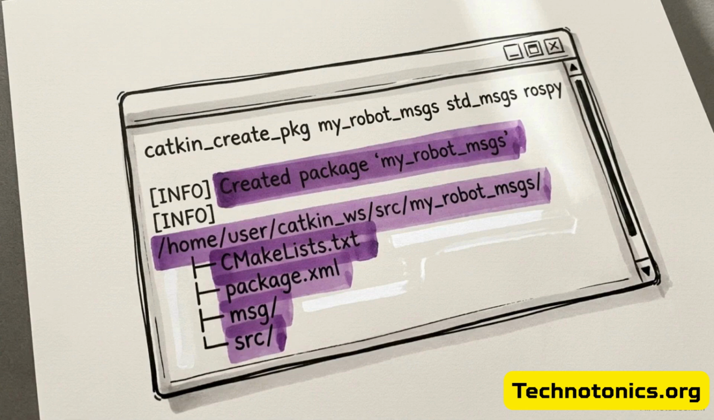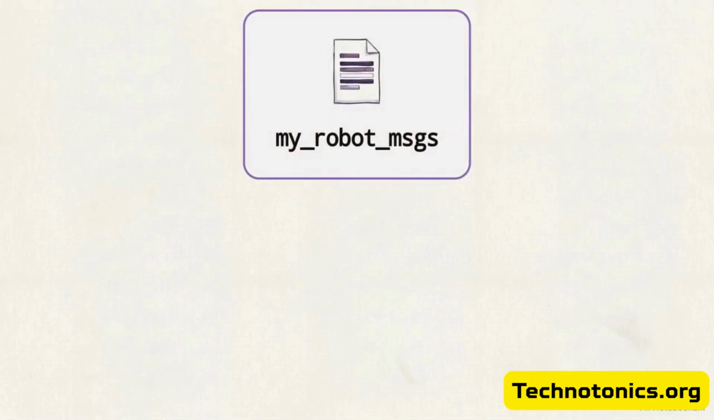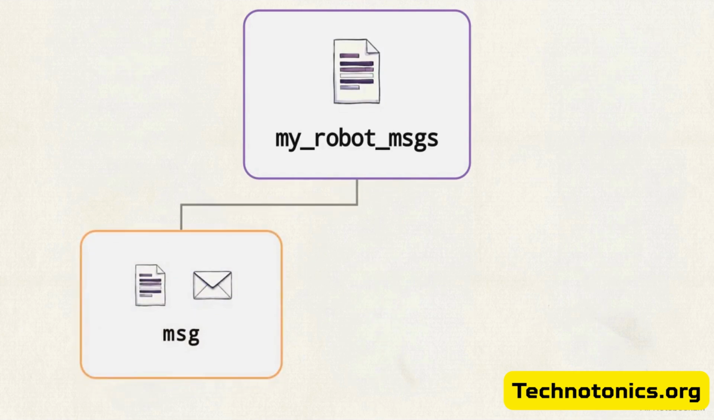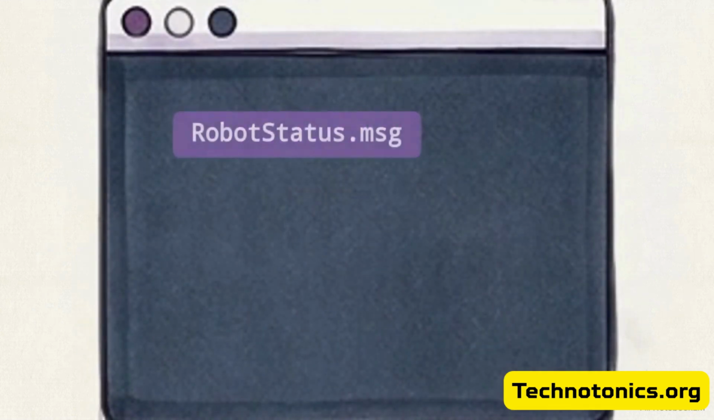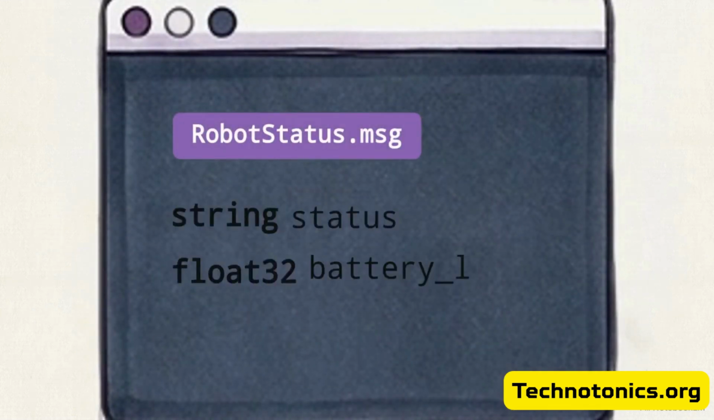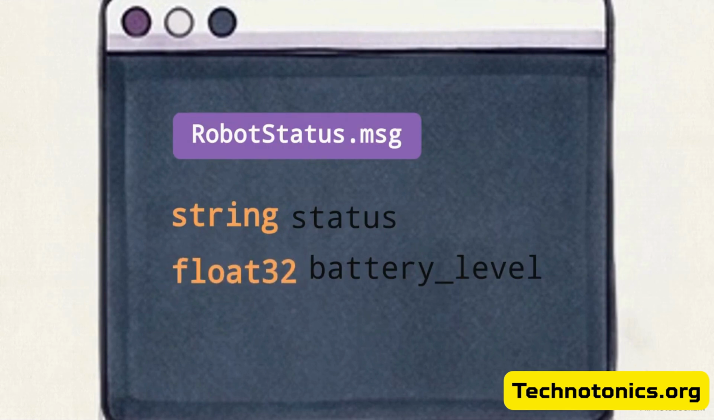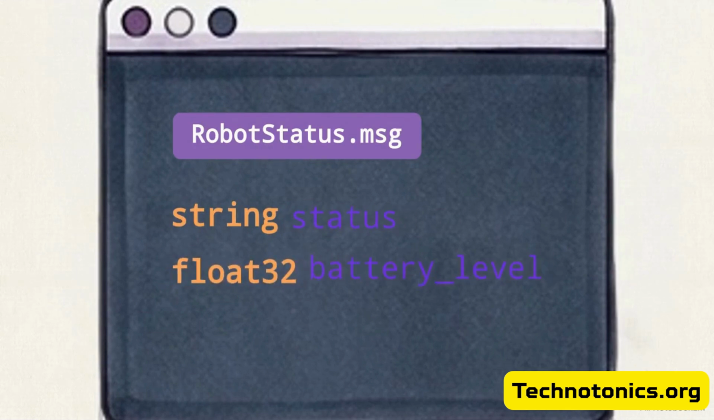and Python support. Inside that new package, we need two dedicated subdirectories, one named msg for our messages and one named srv for our services. Looking at this code editor, we see the raw text for our RobotStatus.msg file. We define the structure by listing the data types, string and float32, followed directly by our specific variable names, status